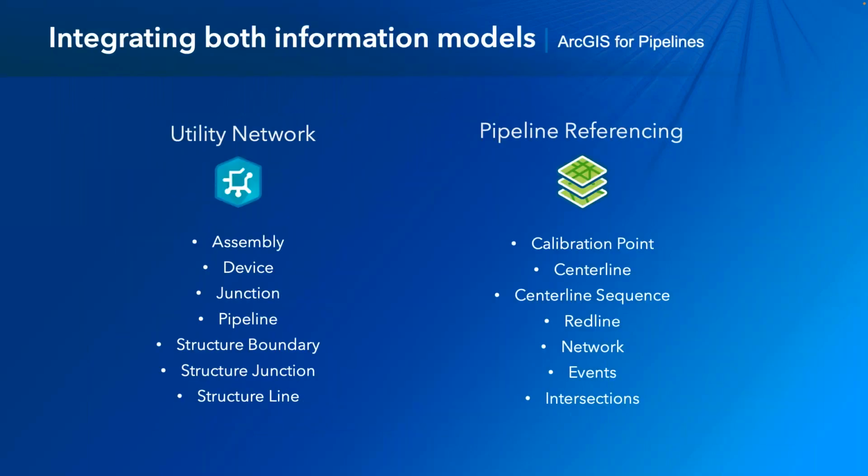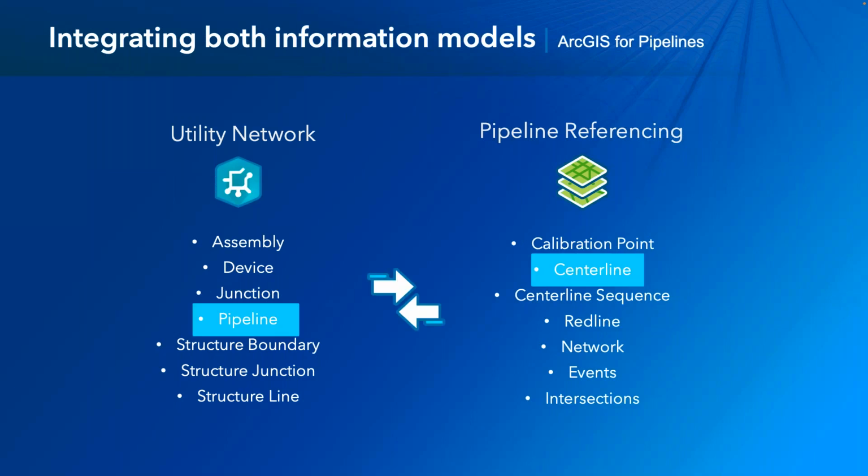So how do we integrate the linear referencing world with this new utility network? If you've been exposed to APRs, you know there's a center line, and on top of that center line you create the networks or the routes, and on top of that we place the linear components. Well, when we introduce the core tables of the utility network, basically what happens is we take the center line